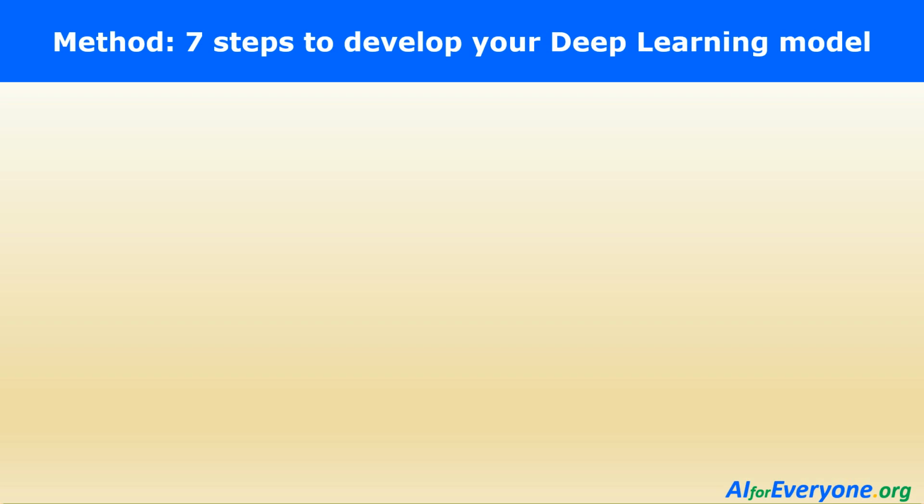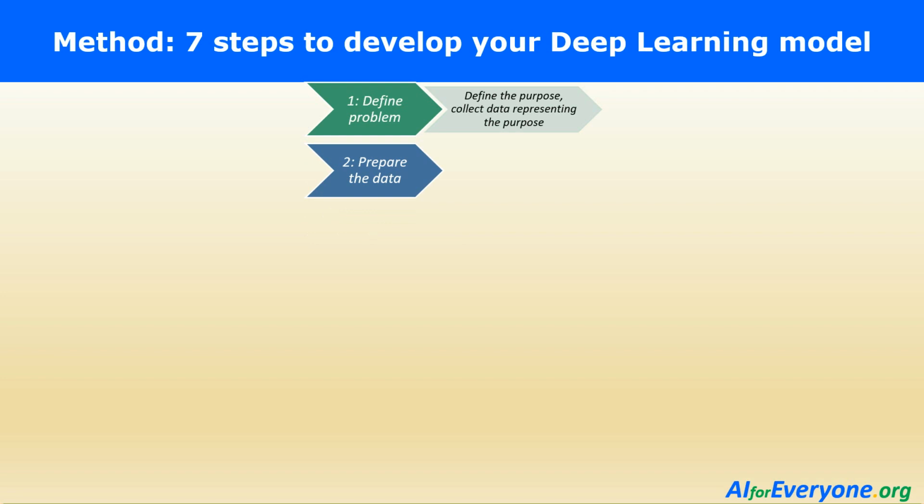The first one is to actually define your problem. What's the purpose? Next, we need to collect the data representing the purpose. Then we need to actually prepare the data so that deep learning models can be employed. So we need to split the data into training and test and validation data, and do a few operations such as normalizing the data, vectorizing it into tensors, and reshaping it to the right data formats that can be fed into the neural networks.